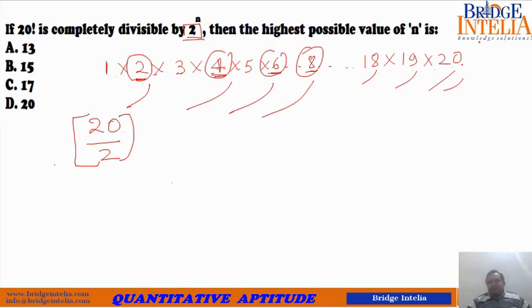Every second number gives me 1 power, so I take that out. So in 20 numbers, every second number, that's why I divide 20 by 2. So 10 powers I have already taken out. But what is the problem? From 4, I have taken out only 1 power. But 4 contains 2 powers of 2.